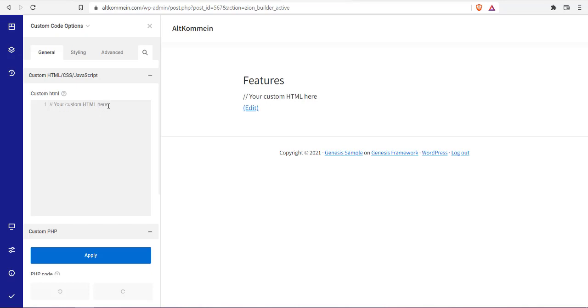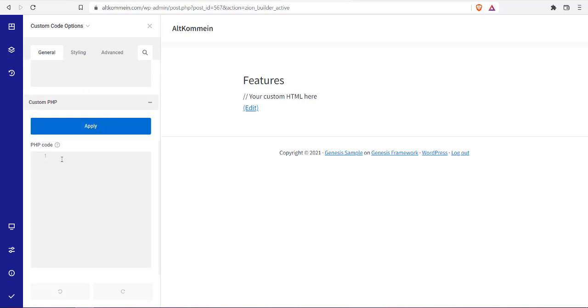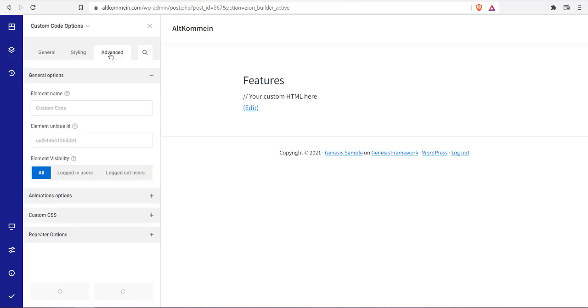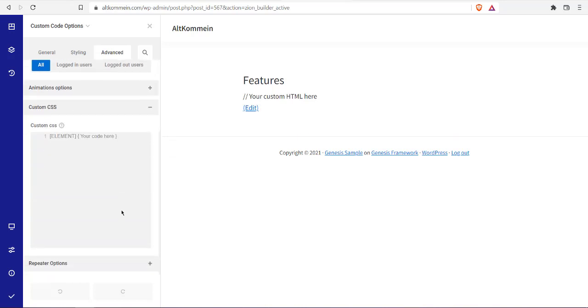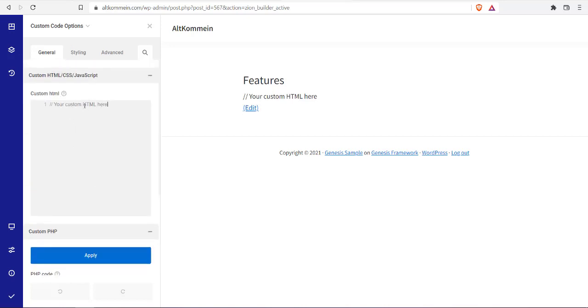Now here we are going to add custom HTML, PHP. Okay, you can also choose between that. There is also a styling option and an advanced option where you can see the custom CSS option as well. Right, so what we'll do is we'll go to this custom HTML option, go to